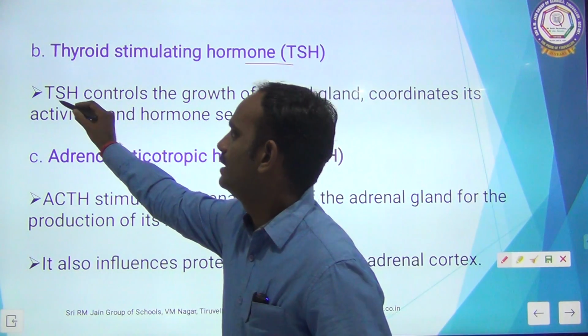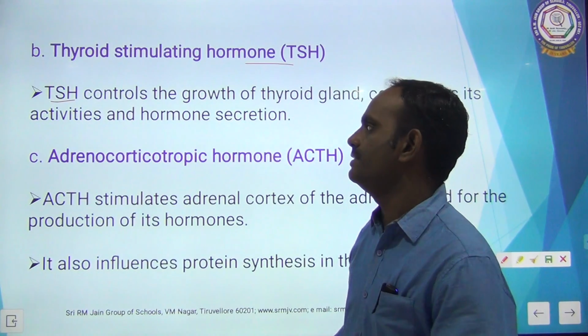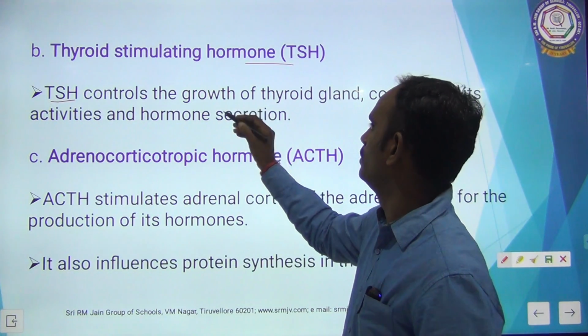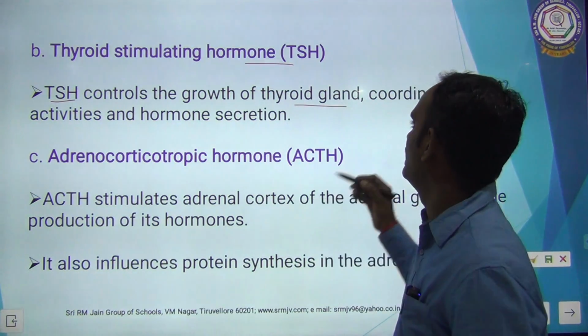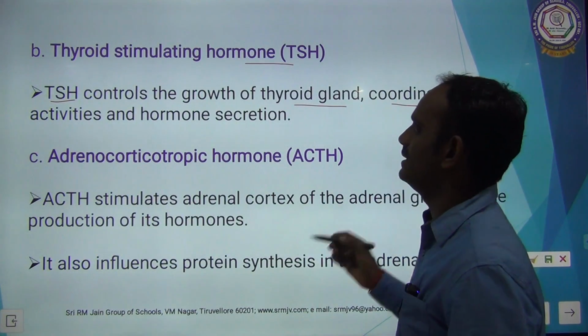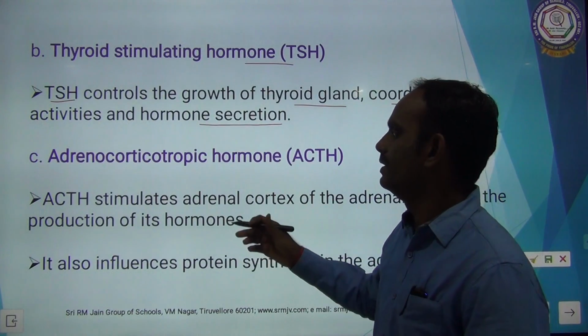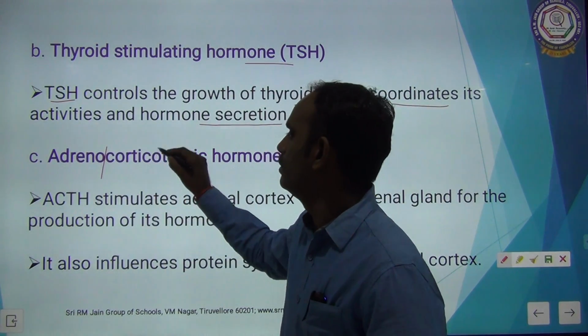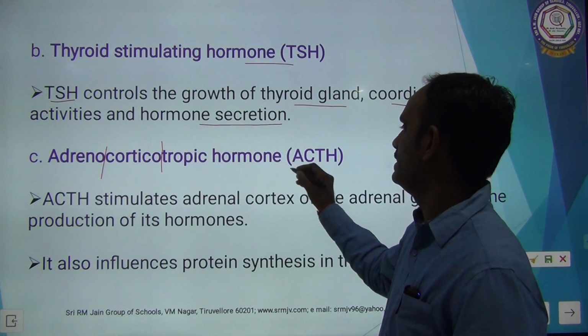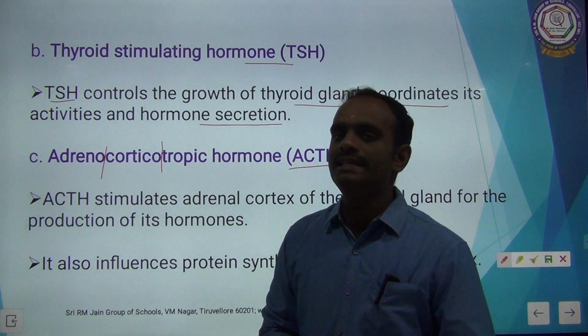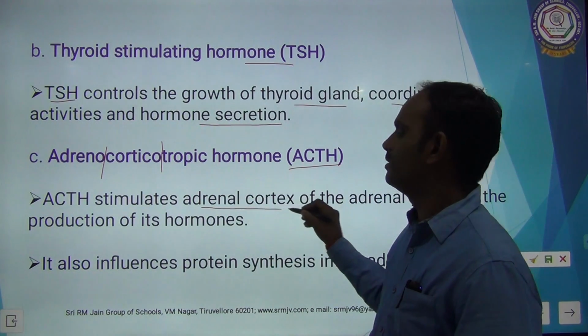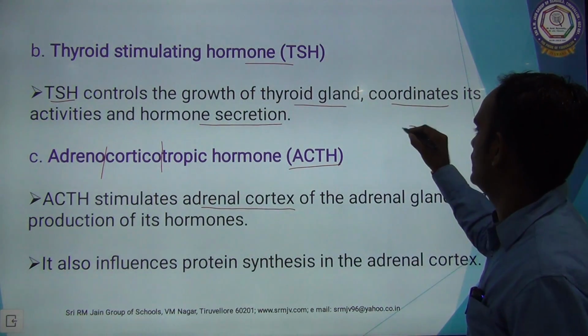Clear? See here, the TSH, thyroid stimulating hormone, controls the growth of the thyroid gland, and it also coordinates its activities and hormone secretion. The third one is adrenocorticotropic hormone, ACTH. The ACTH stimulates the adrenal cortex. I said already,